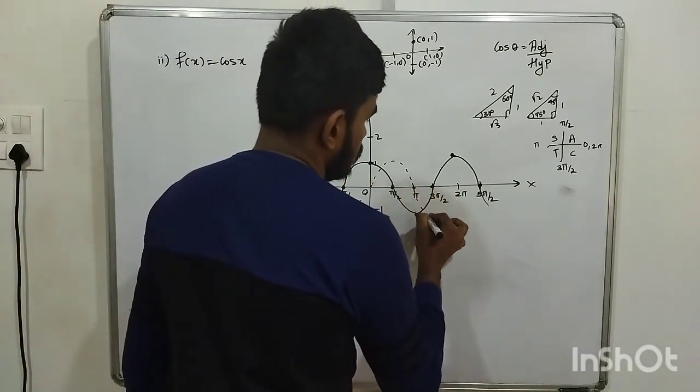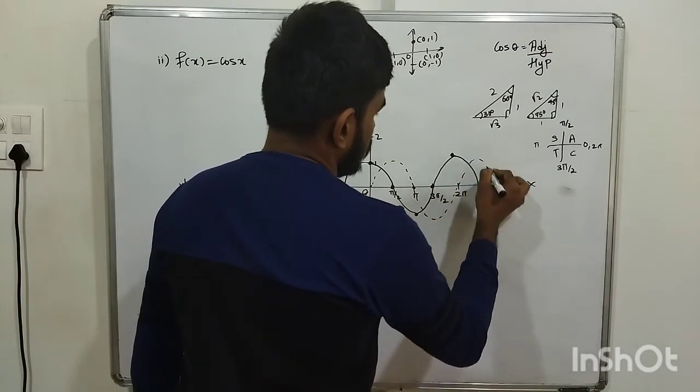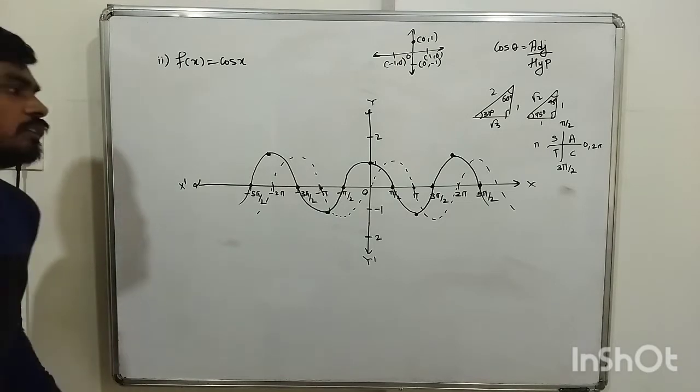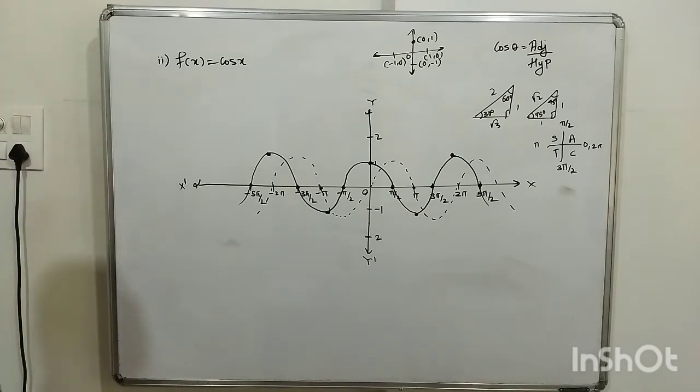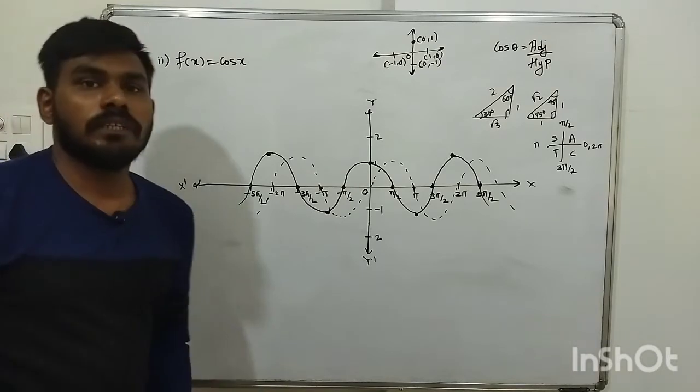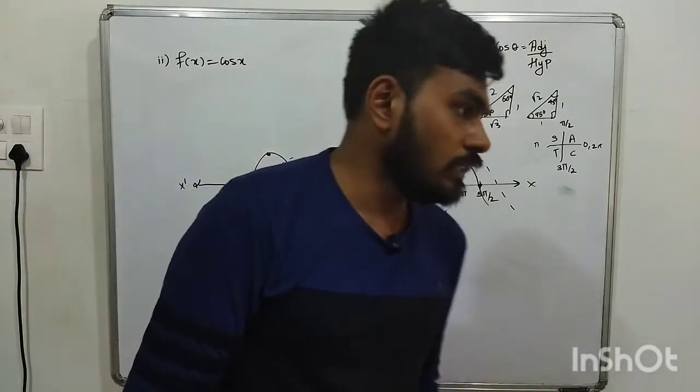See, the sine curve was like this. So just a little in front it was. And cos curve is like this. So these are the two curves. Similarly, we'll see tan now. Sine and cos you understood. Okay. So next we'll see tan now.